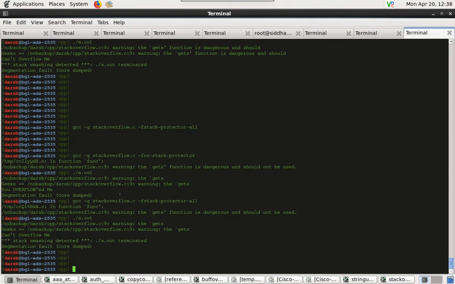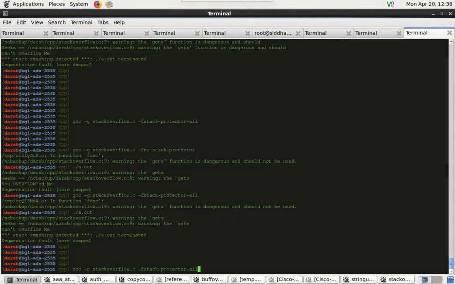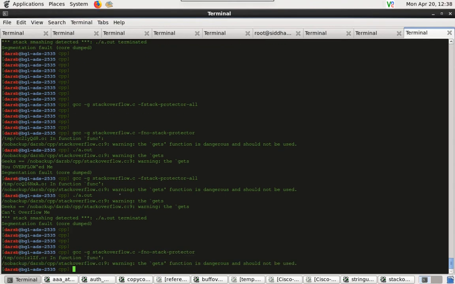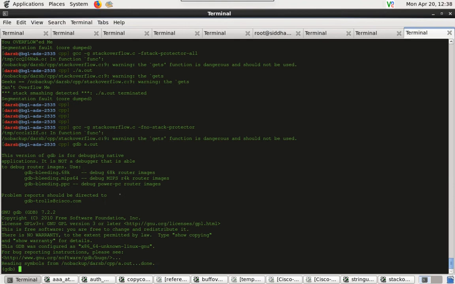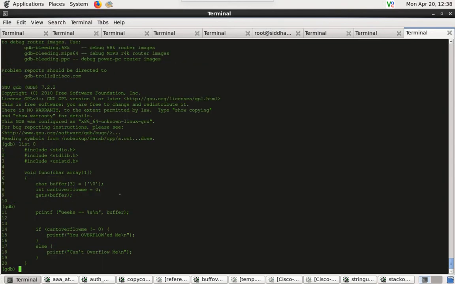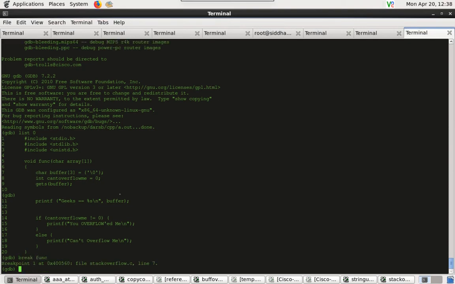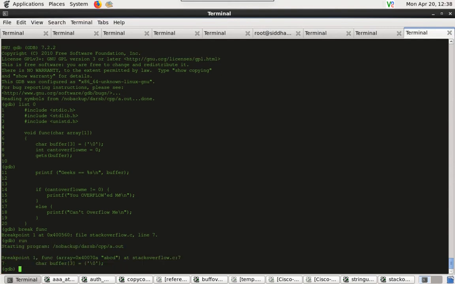So what is actually happening is I am going to compile the same file with the no protect flag and with the -g flag so that I can load the code in GDB. Now I'm starting a GDB session for it. Let me list the files starting from a 0 position. So let me put a breakpoint for the function func. So let us start the program. So here we are in the function func and our breakpoint has executed.